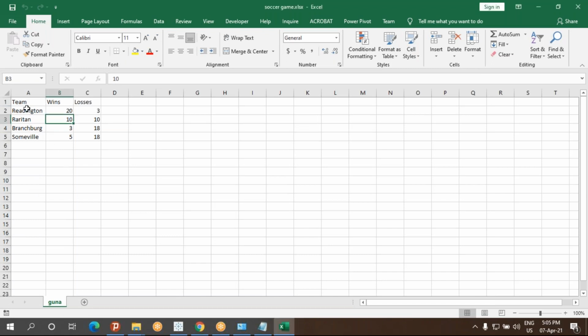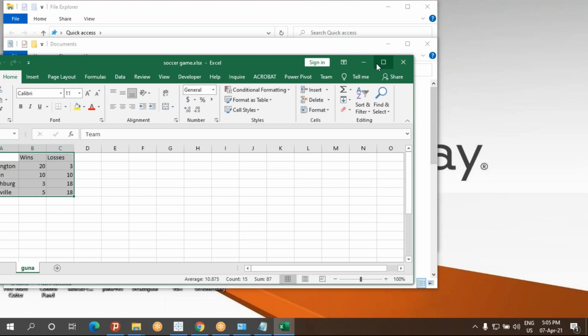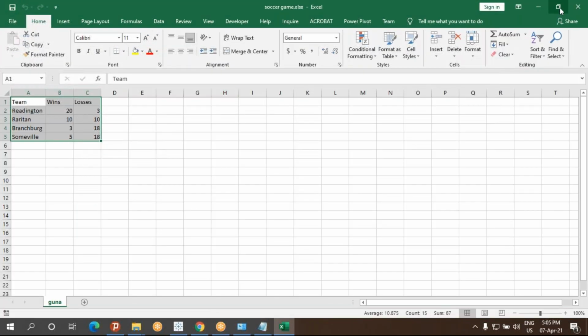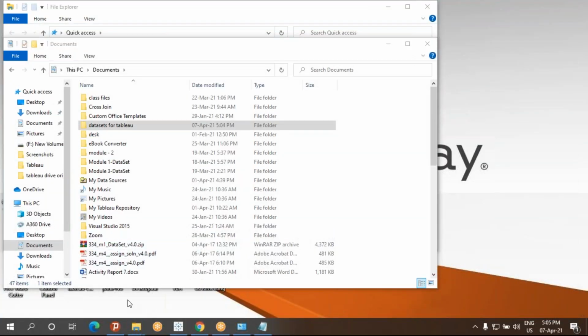It's just a small, basic concept. These are the teams, win or loss. Based on the columns, if you want to find out the win or loss, we can use this one. I created this small data for starters. Very basic starters are there, right? Who are doing Tableau without doing Excel and all. For them, I made this one. And that is also there. You can take that one.